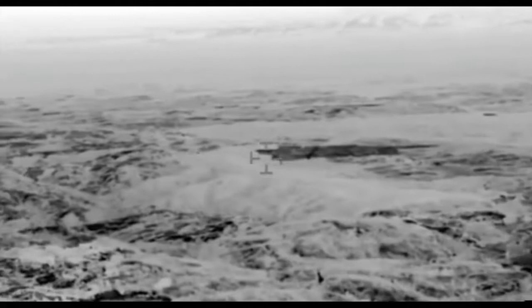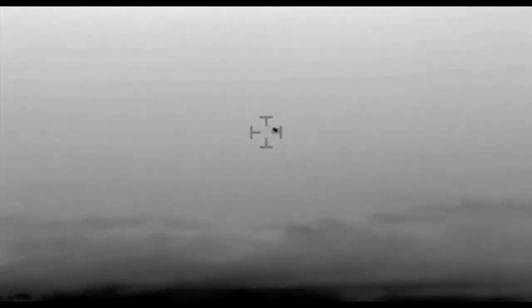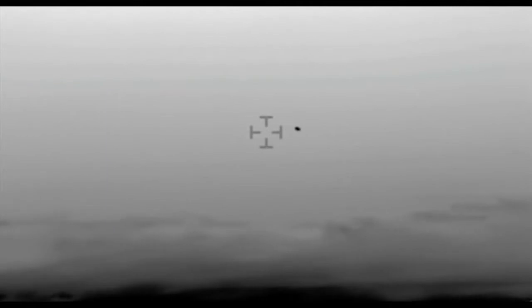And as always, you have to use discernment when looking at anything that's put out there these days with all the cropping and editing that's going on. But what you guys are witnessing here in this shot is an unidentified object that was picked up by a helicopter crew in Chile. Now, this object is not the classic cigar-shaped or disc-shaped UFO